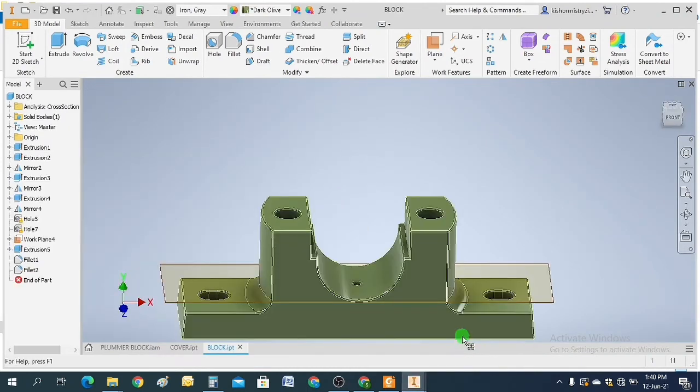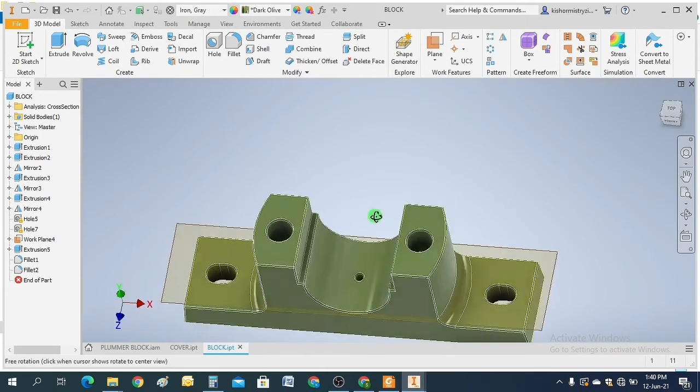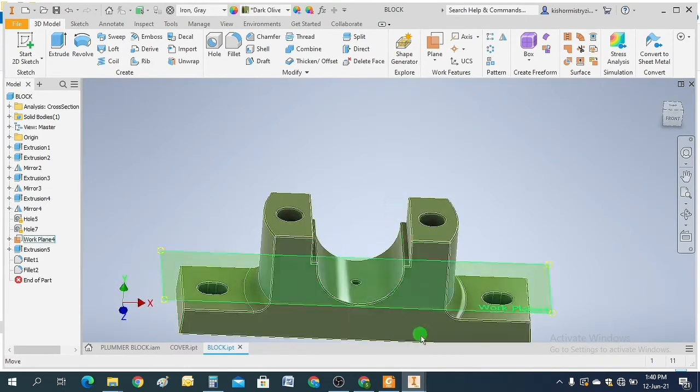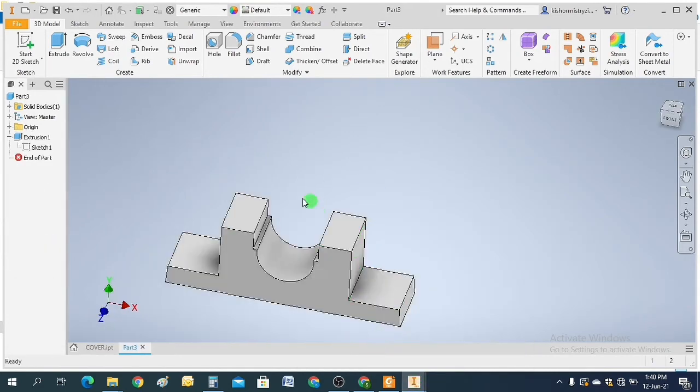Let me check the part again. So now I'll have to make this curved face. So again I will select this plane and create sketch.